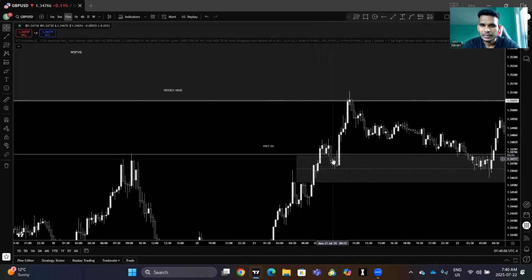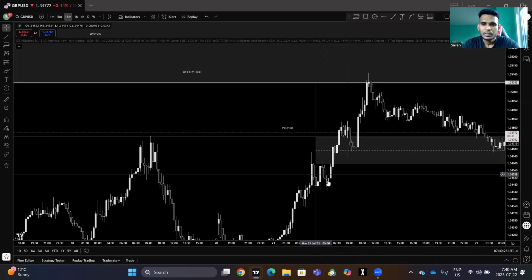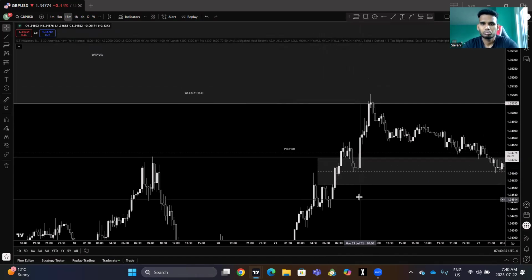Let the sellers get into the market. I was one of them, obviously. So I considered it a sweep, a structure shift, a flip. In this location I was extremely short the market with very high lots, expecting lower prices, at least to the fair value gaps, at least to these levels, to 1:2, but it didn't. It stopped exactly at the 50% level.